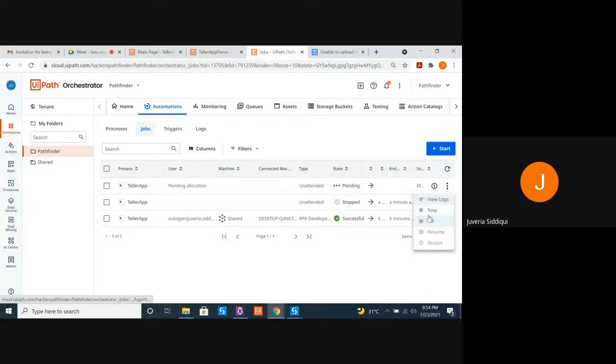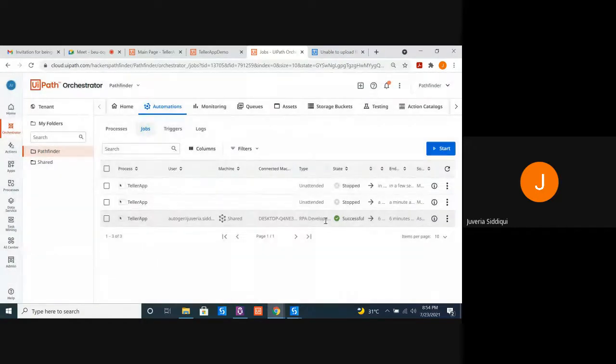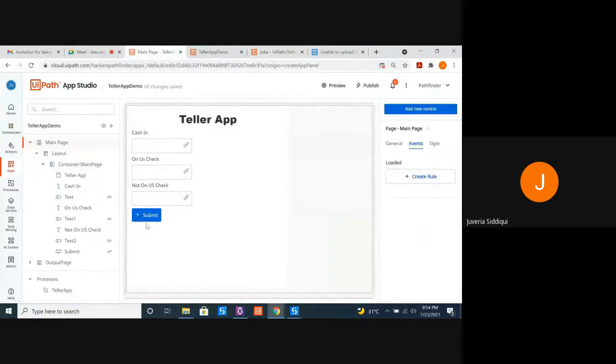All right, I'm going to stop this, and it's because of my robot. I don't have attended robots at the moment. I'm going to use attended automation for this.